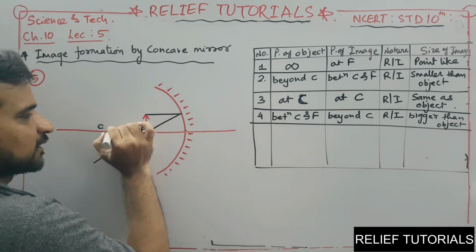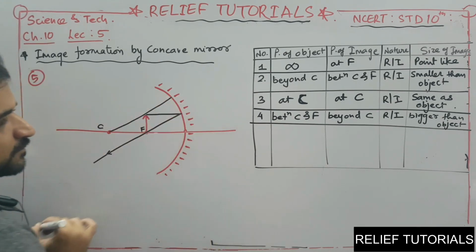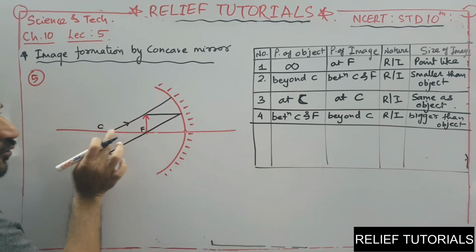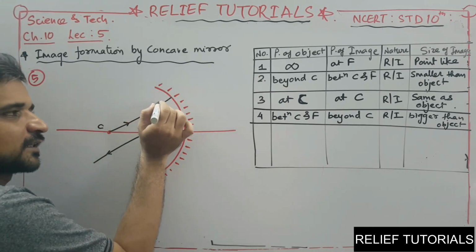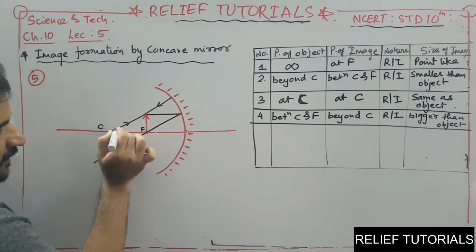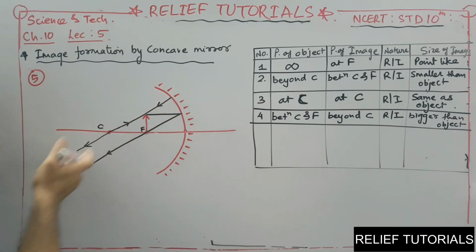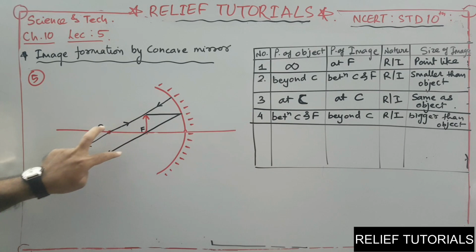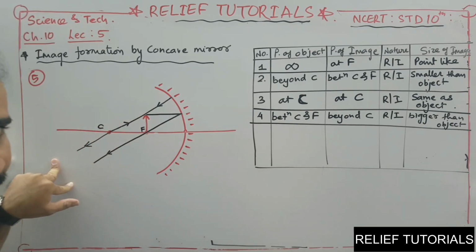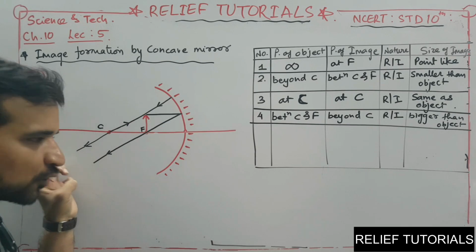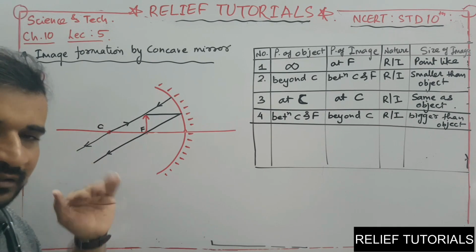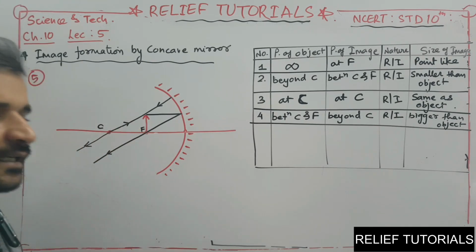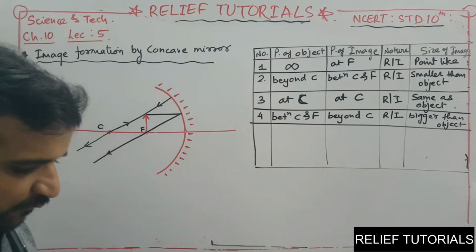So let us say this is an incident ray going from C. This is one of the incident rays going from C and touching the head of the object. So after striking the mirror, it will reflect back in the reverse direction. So these are the two reflected rays. And we can see that these two reflected rays are parallel to each other. They are neither converging nor diverging. They are going parallel to each other, and we have seen in the previous classes that if the reflected rays are parallel, no image is formed.